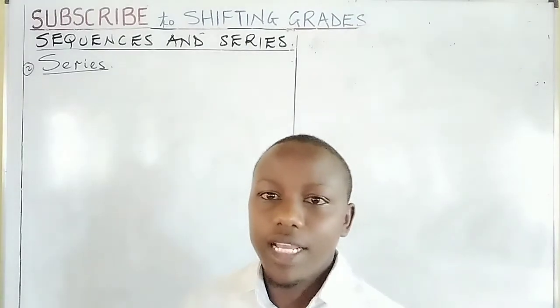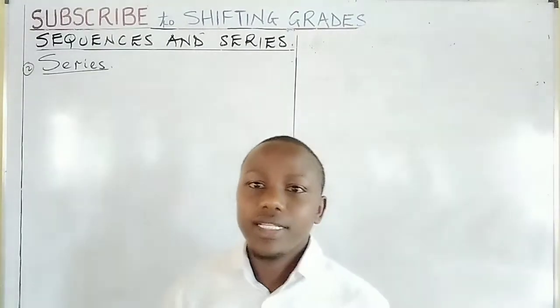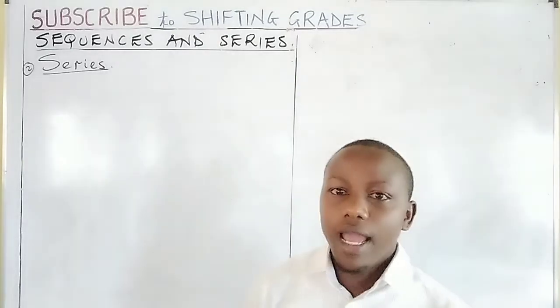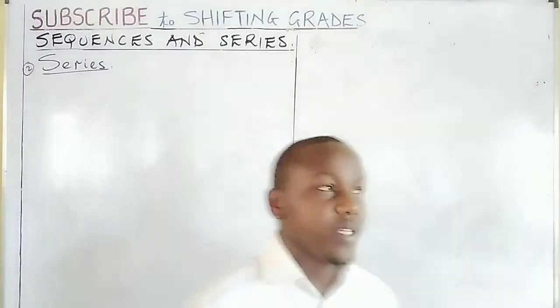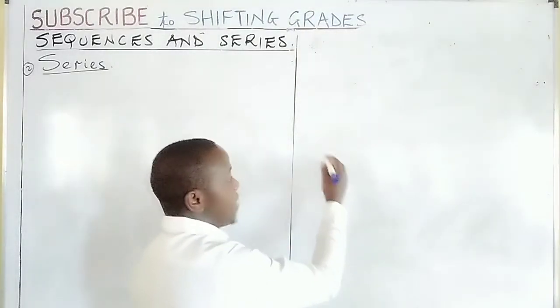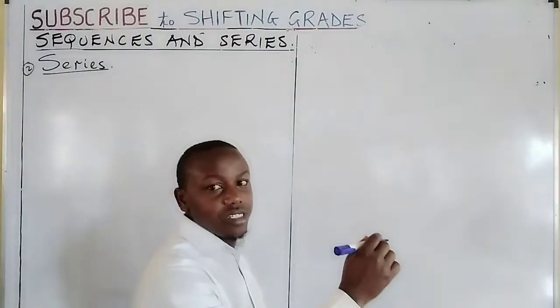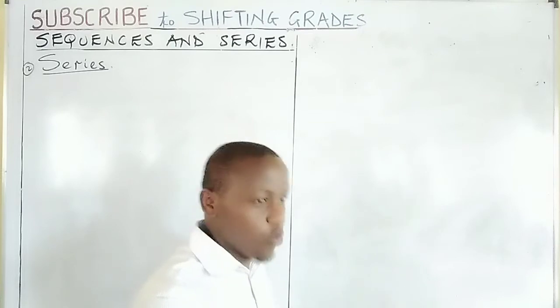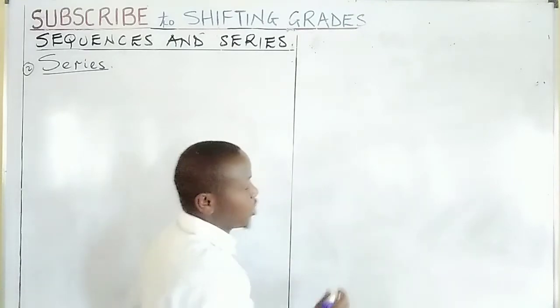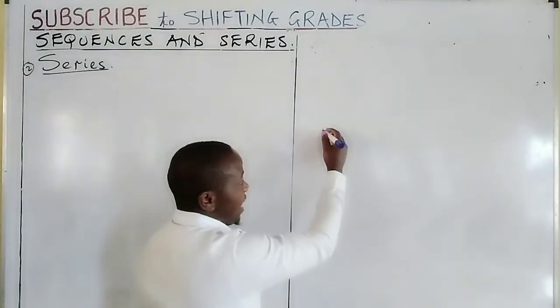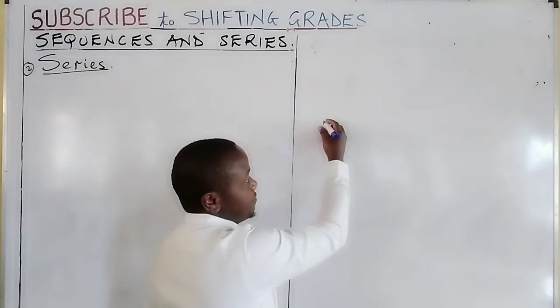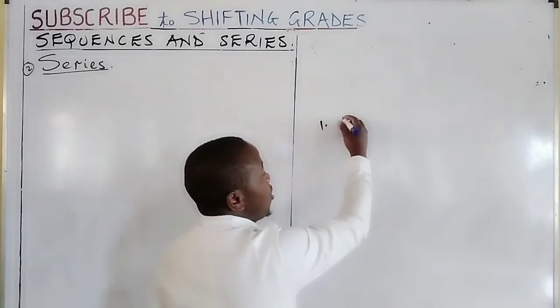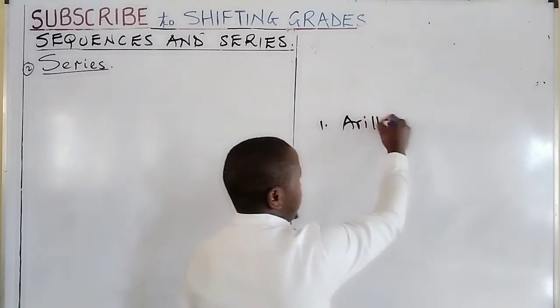In the former lesson, we introduced the topic sequences and series. And we started by seeing what sequences are. We said when numbers are arranged in a regular manner following a certain rule, they form what we call a sequence. Then we went ahead to state two types of sequences, whereby we saw the arithmetic